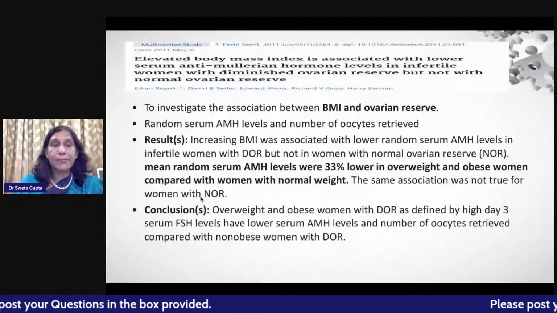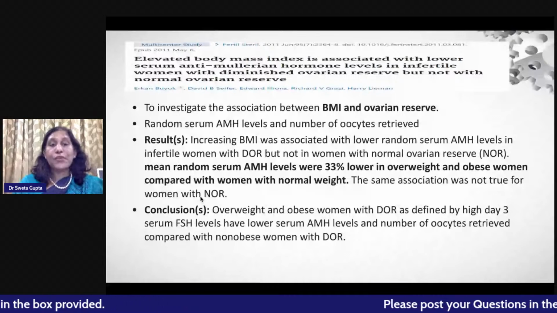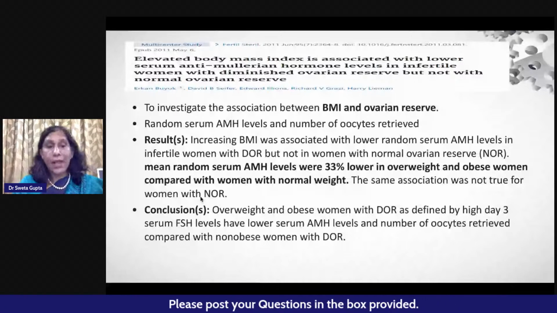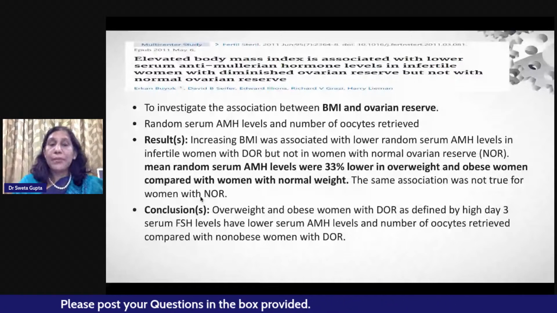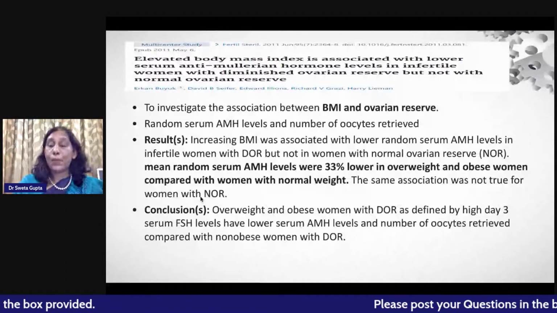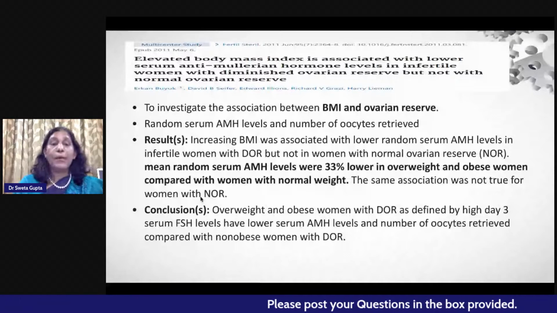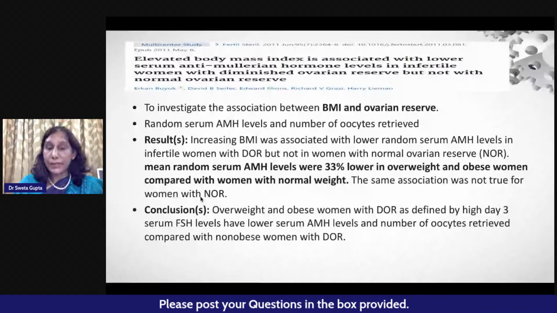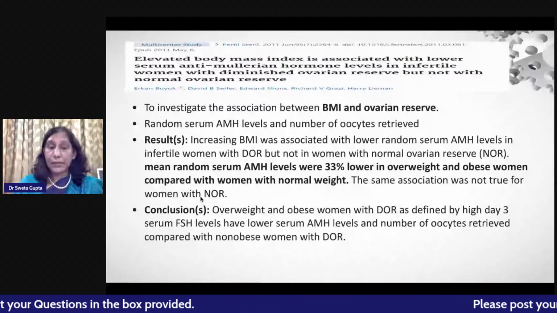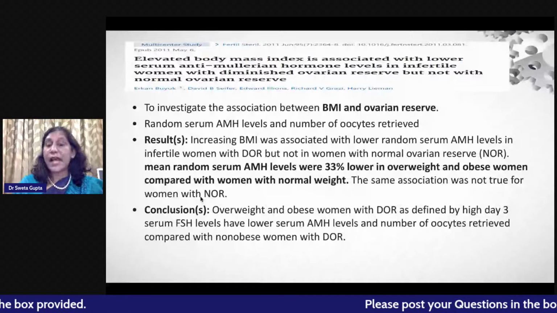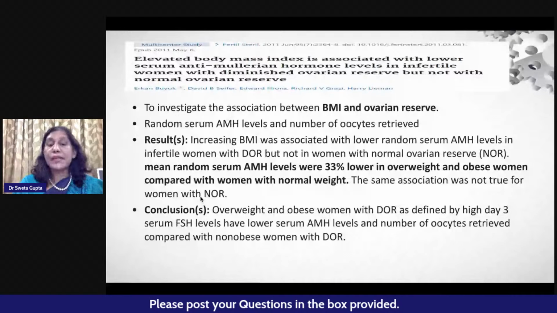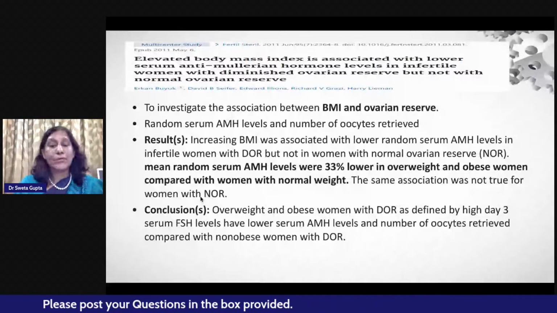Another study by Arkin et al. investigated the association between BMI and ovarian reserve. They concluded that the mean random serum AMH levels were 33% lower in overweight and obese women compared with women with a normal weight. They concluded that overweight and obese women with decreased ovarian reserve, as defined by high day 3 FSH levels, have lower serum AMH levels, and the number of oocytes retrieved compared with